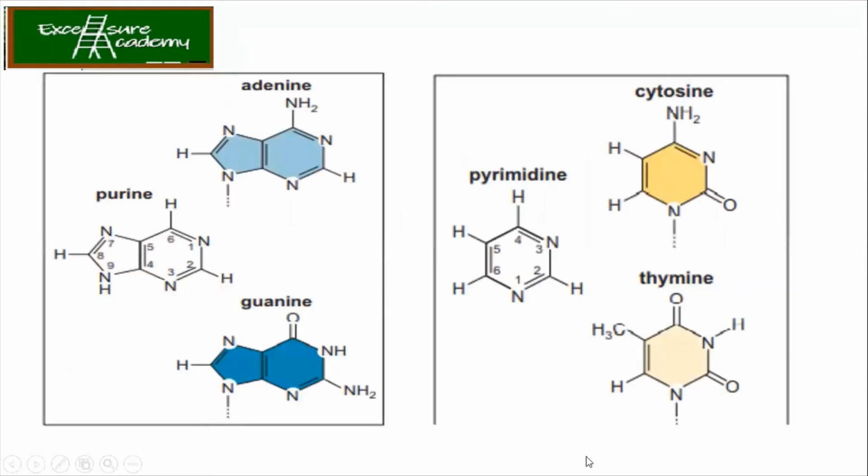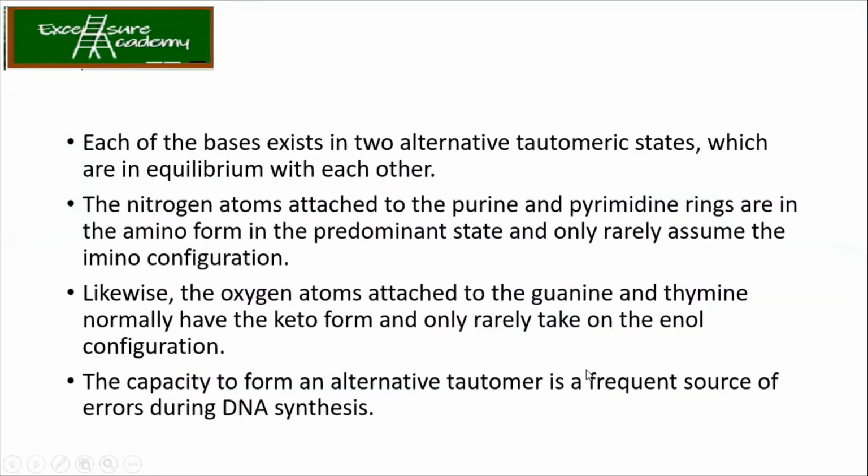Okay, so what are the structures over here? If you can remember, it's well and good, but as such it is not required for the exam level. But for the BSc students, it is important to remember the structure. Now each of these bases exists in an alternative form. Why are there two forms of each base? Even though it is said that in nature they are present in equilibrium, why are there two forms present in nature? Yes, any idea?